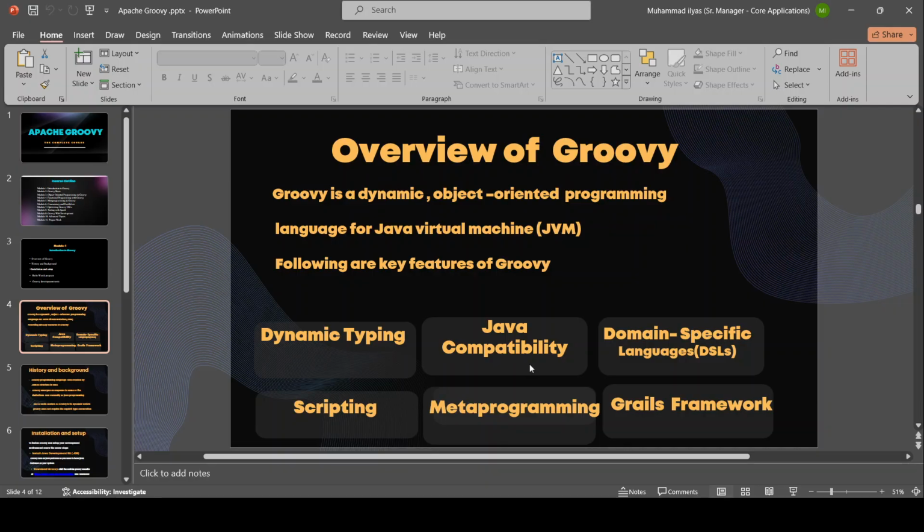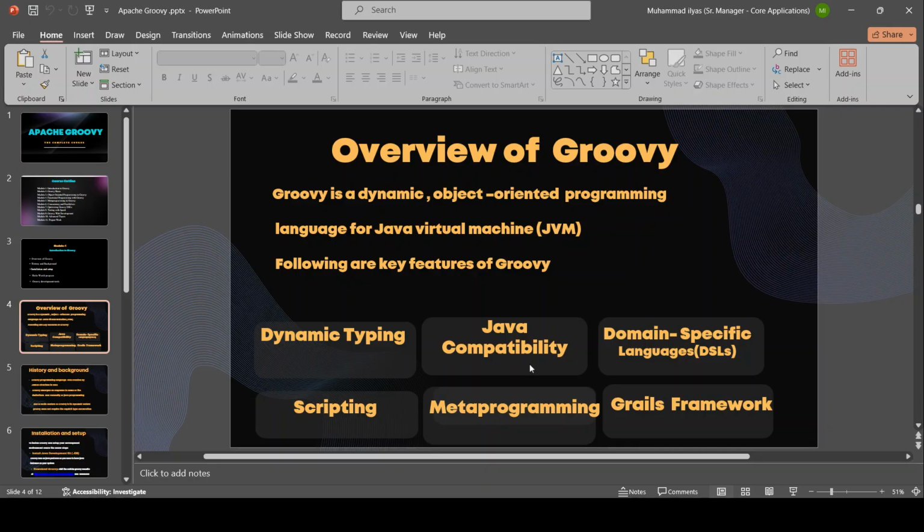Scripting. What is scripting? With the help of Groovy scripting, you can write scripts quickly and easily. Next is metaprogramming. Groovy's metaprogramming capabilities are one of its most powerful features.